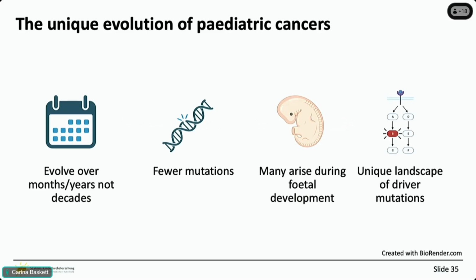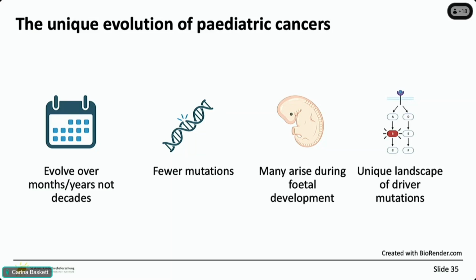I will certainly argue that the evolution of pediatric cancers is quite different, and there are a few points here that try to summarize this. Clearly they evolve over a shorter period of time. In prostate cancer, these patients are usually very old, but in children, these cancers are developing over potentially months, but certainly not decades. For this reason, partially, they have fewer mutations because less time has elapsed. They also don't tend to smoke, so they don't have such exposure to so many carcinogens.